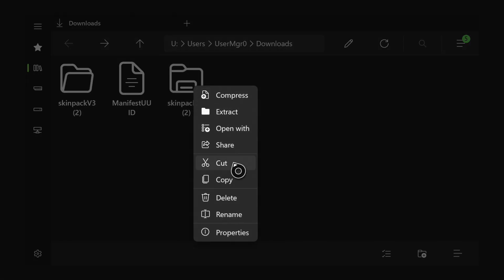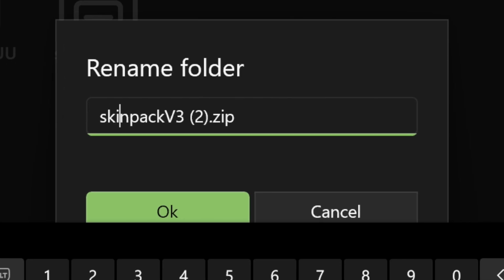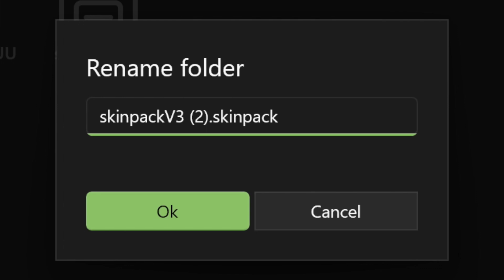Go ahead, and from these options, you want to go down to where it says rename, and of course, we're going to want to press on rename. It's just a very simple final step right here after you press on this button, so we press on rename. You just want to get rid of the .zip at the end, and you want to replace it with .skinpack, so it ends in skinpack just like this instead of .zip, and that's all you got to do